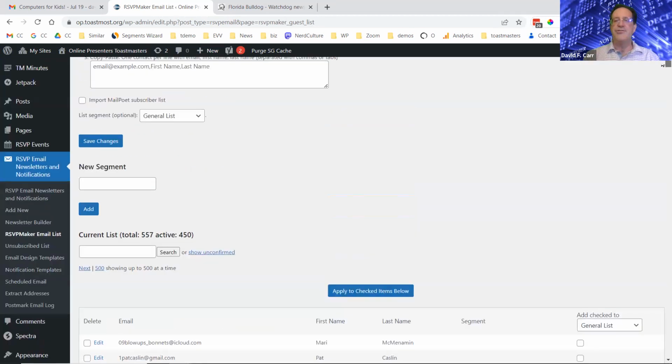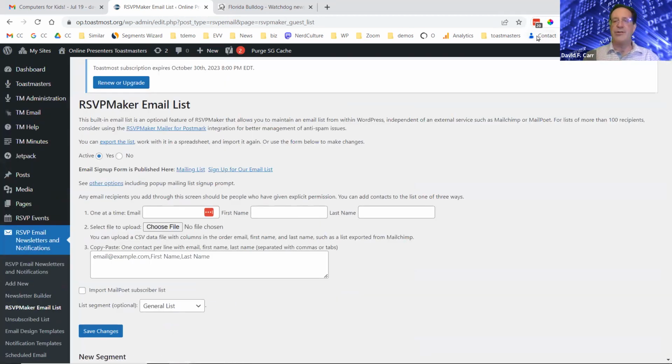Now, in general, we operate according to something that's called permission-based marketing. So you're supposed to make sure that you really have permission of the person you're emailing to send them messages. And there's a process where they have to confirm that, yes, it was me that signed up for the email list.